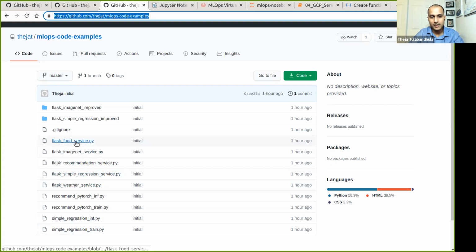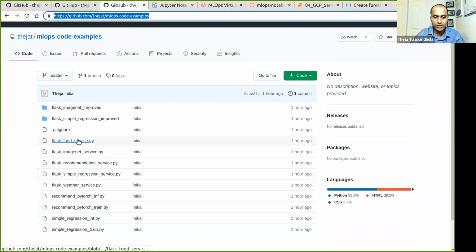Last time we saw a food service Flask example, which is not related to model predictions. There's also the Flask recommendation service that we saw a couple of lectures ago, where we were predicting movies. For serverless technologies, I'm going to pick a very simple model, which is what I was introducing towards the end of last session, and that's what I'm going to show for both Cloud Functions and Lambda functions. So what is simple regression? And for that, you'll see that for different prediction models.